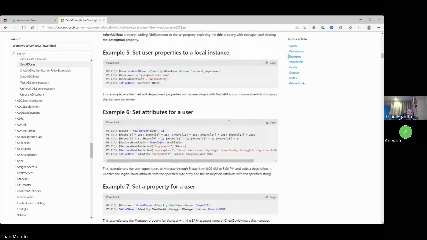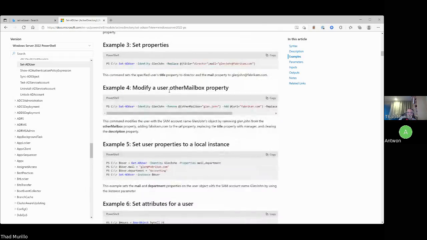Because you can't just go and say Set-ADUser -Identity, whatever the user's name is, and then -ExtensionAttribute1 and put a value. You can't. There is something here, you're looking at the Microsoft Docs page, and you do see example 4, and